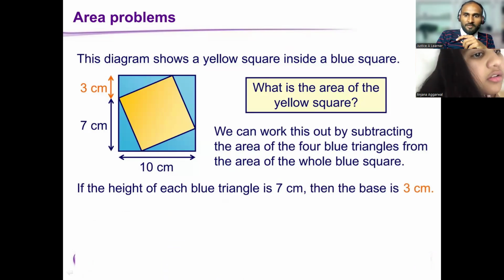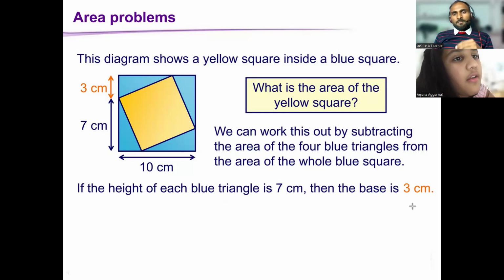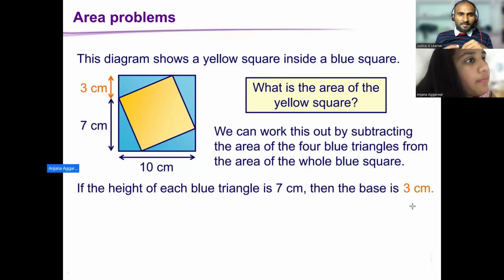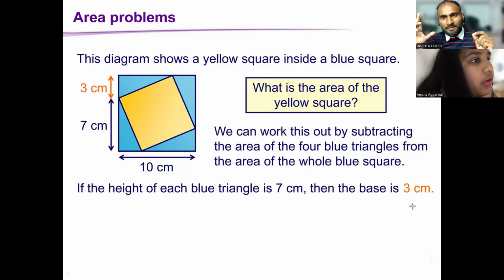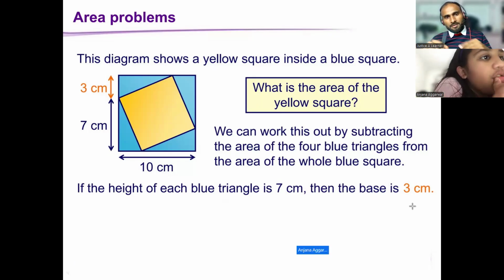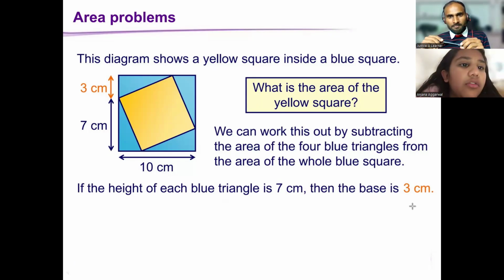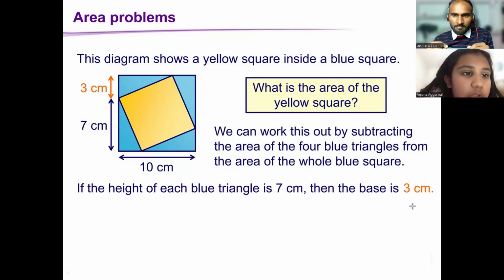Tell me. Okay, so one second. Interesting question. Okay, so this diagram shows yellow sky and light blue sky. What is the area of the yellow sky? You can work this out by subtracting the area of the 4 blue triangles. If the height of each blue triangle is 7 centimeters, then the base is